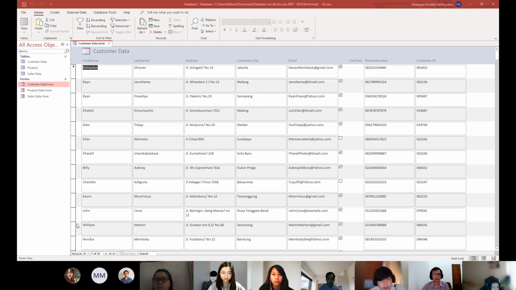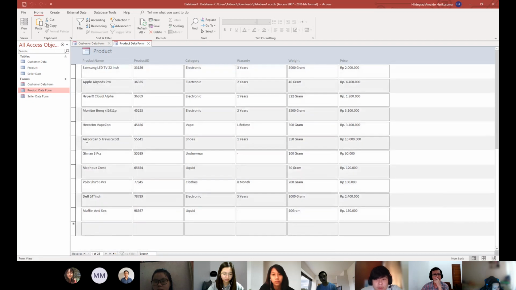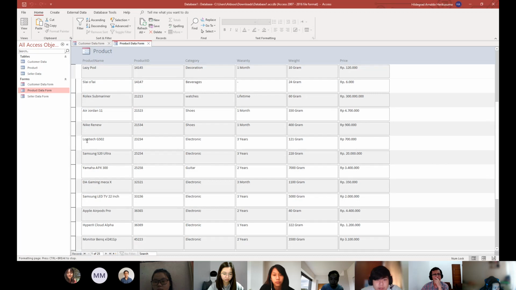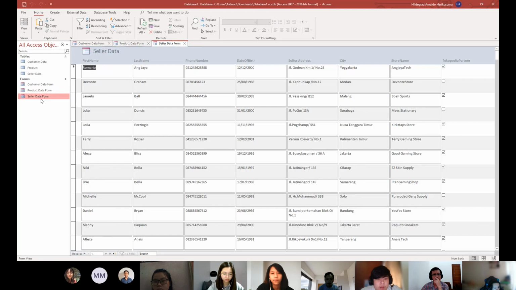This is our data that converted to form. This is the customer data form, and then we have product data form. Basically, it is the same from our last assignment. We just added more records and we convert it to form. And this is the seller data form.